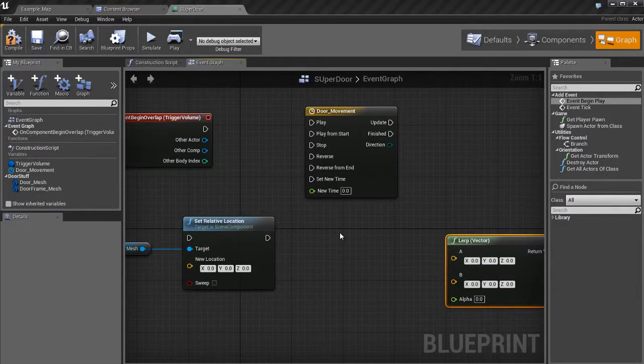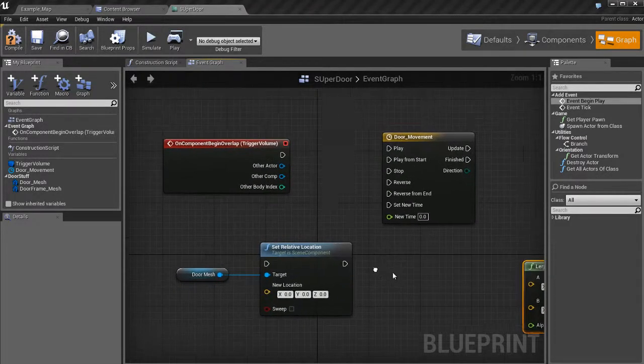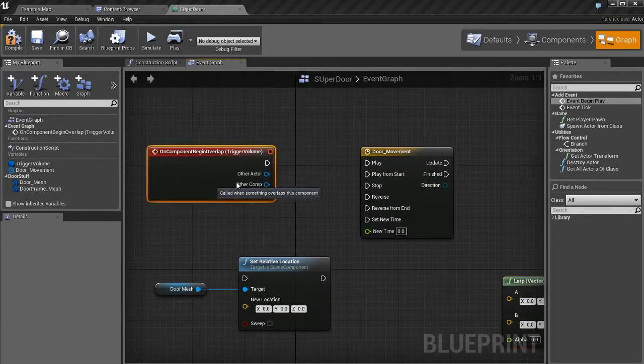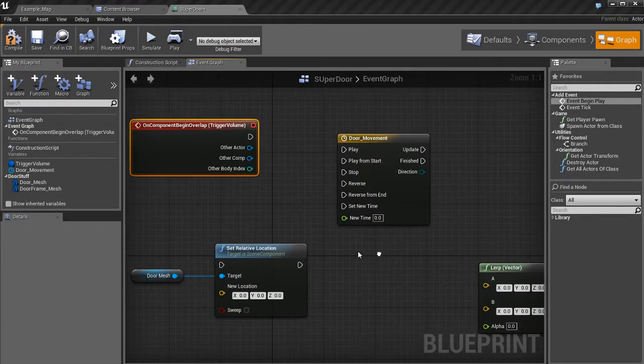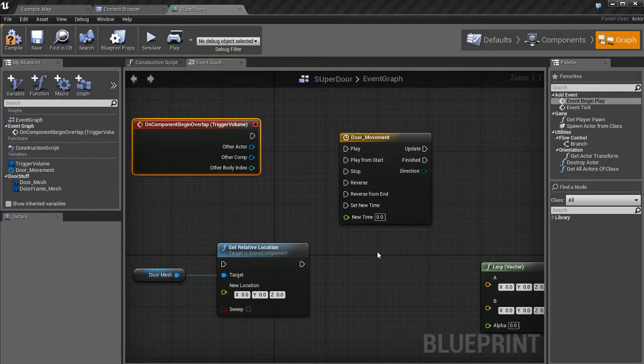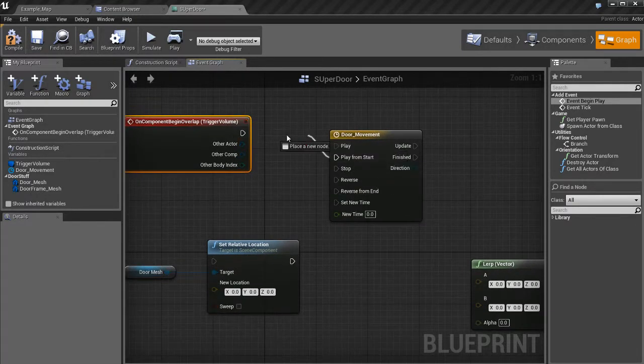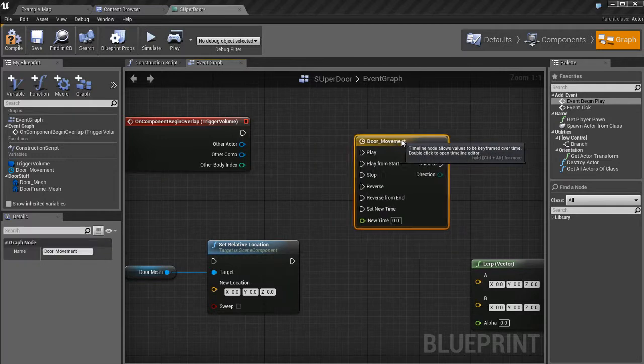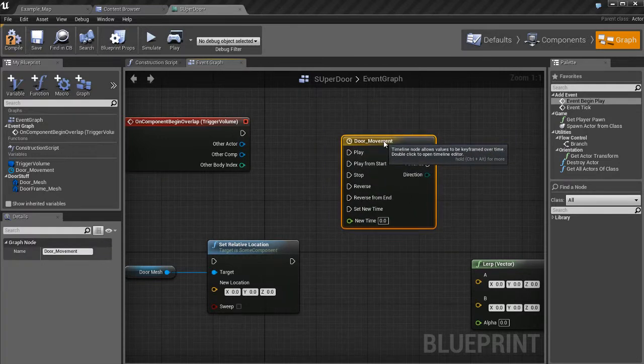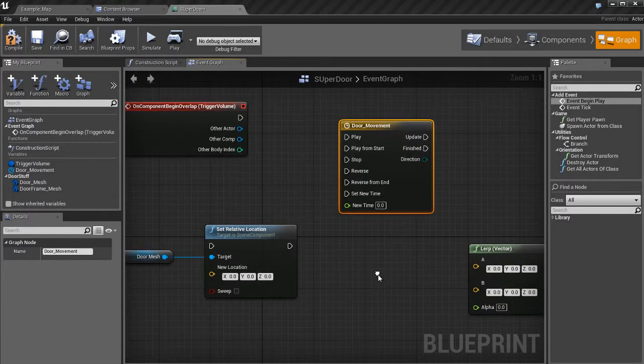Alright, so picking up where I left off in the last video. This is what we have so far. We've got the trigger volume, which is activated when the player begins to walk into the trigger. We have this door movement timeline, which will allow us, it doesn't just yet because we haven't finished setting it up, but it'll allow us to actually make the door move from a position A to a position